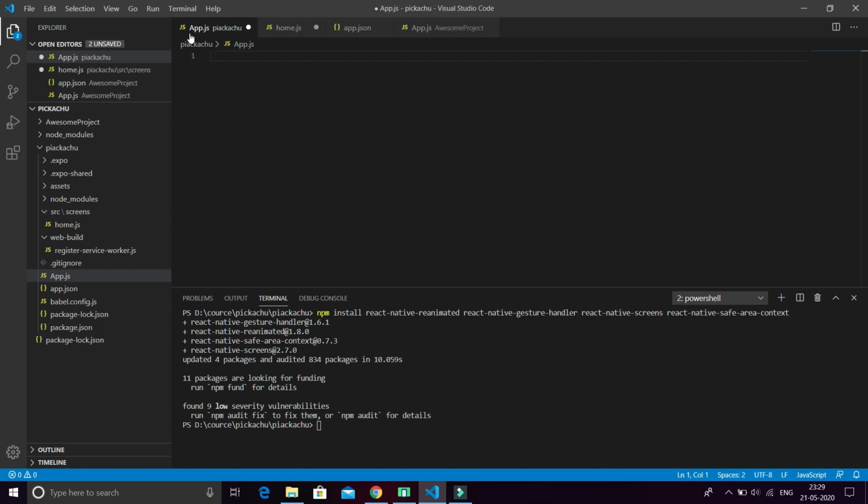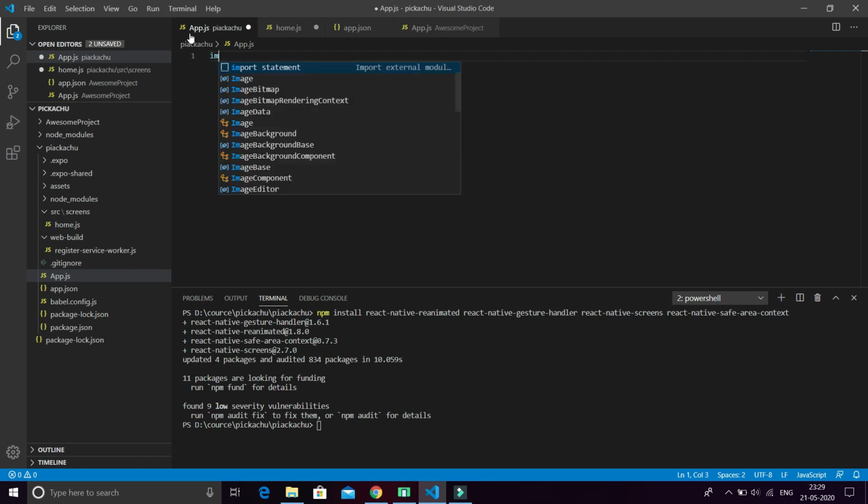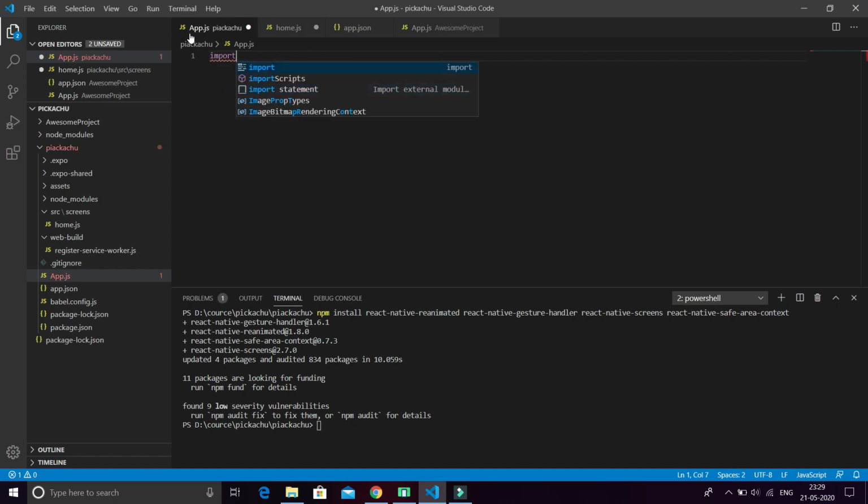Okay friends, so we import something, import createAppContainer. I will also provide my git so that you can easily copy paste my code and find some easy ways.